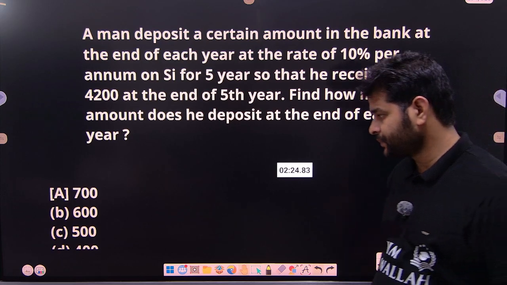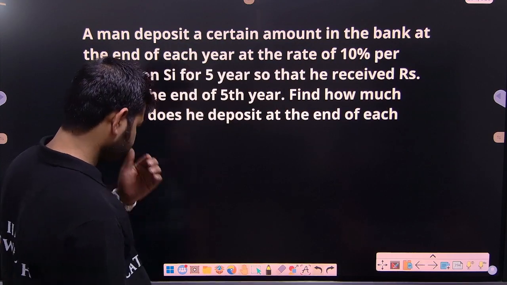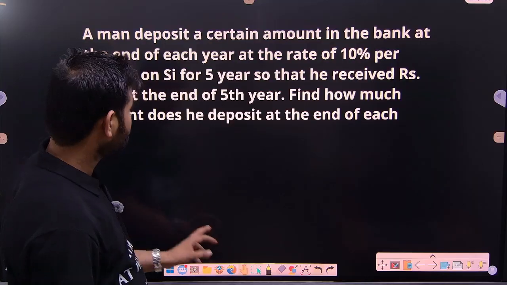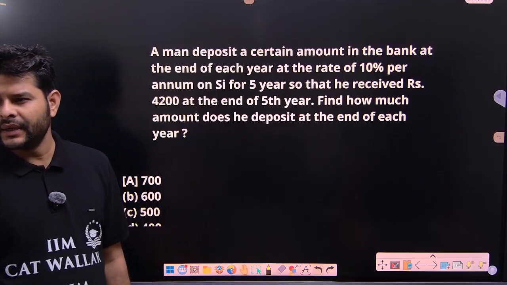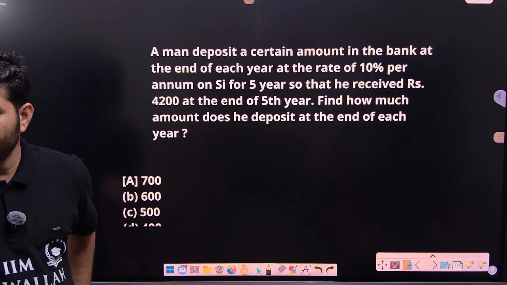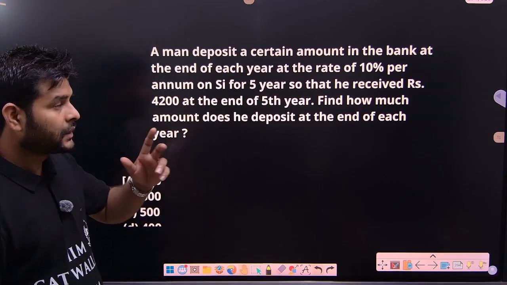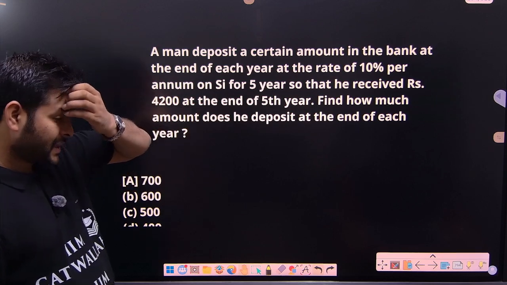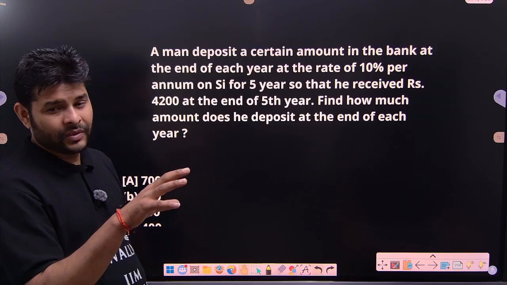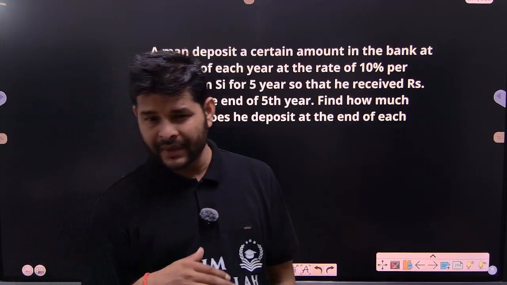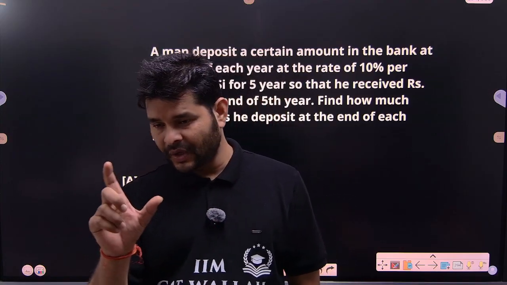Guys, let's do it. First, you need to understand the concept. First, we will discuss this question in detail. Then I'll provide you a formula. Directly, we can put the value and get the answer. What is the real concept? You need to pay attention. A man deposits a certain amount. Basically, over here in this type, we have been asked what? Installment. So, installment would be a fixed amount.